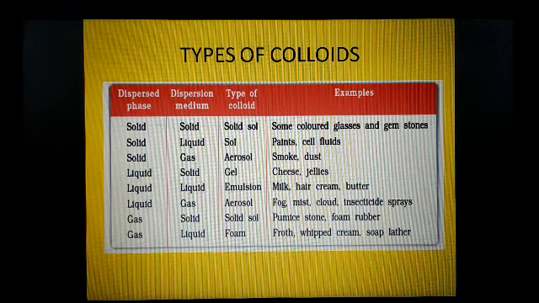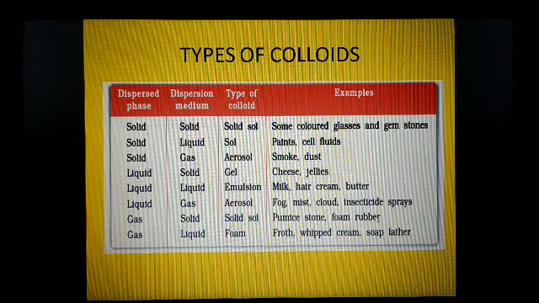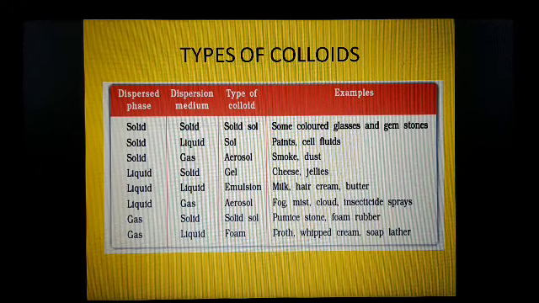Gas in solid is a solid sol, like pumice stone, a very lightweight stone that can even float on the surface of water. And foam rubber is also an example of a solid sol. And gas in liquid is called a foam, like froth, whipped cream, soap, leather,